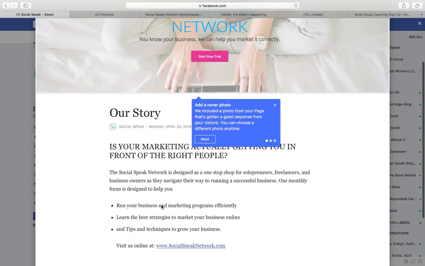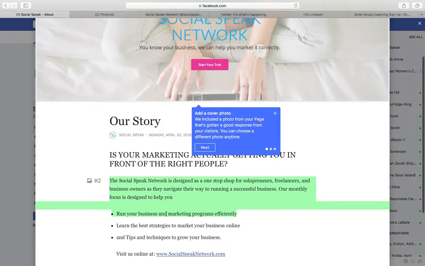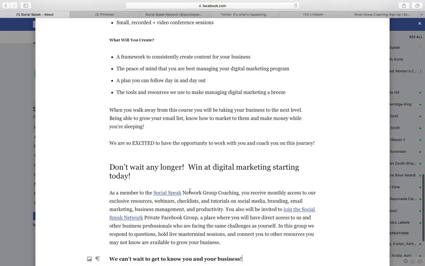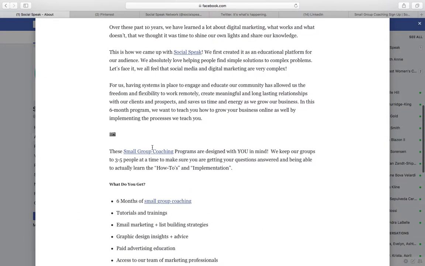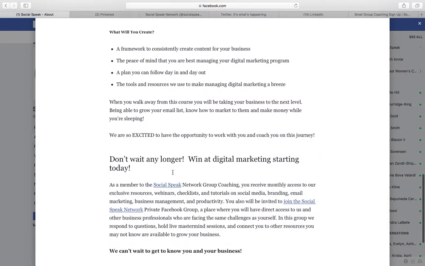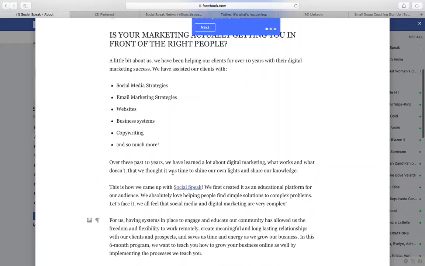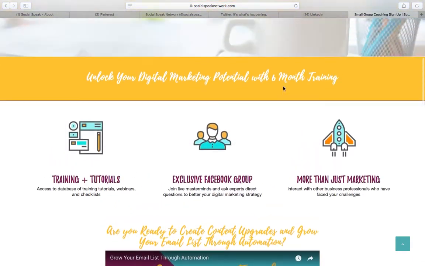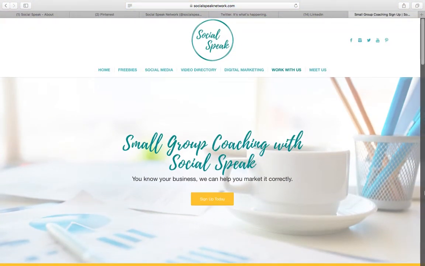So it's the same look and feel as the website, so people understand what they're getting, what's in it for them, things like that. We can come down here and make sure it looks good. The links are already in there. And then I may want to change the image. I may want to update it to this one. So I can just do a quick